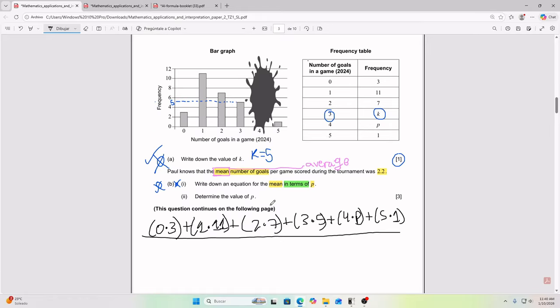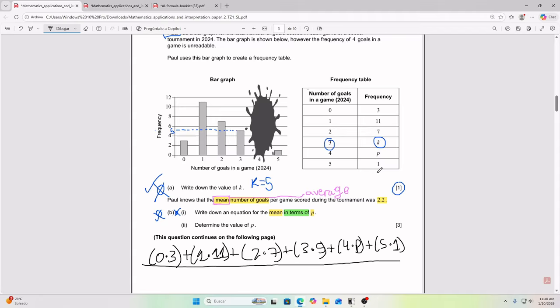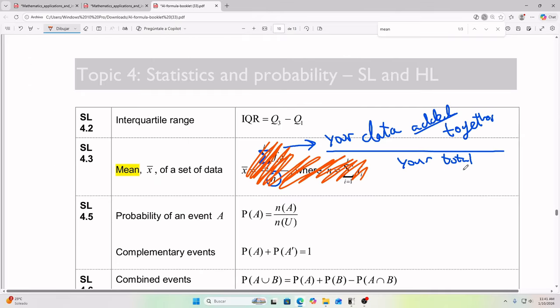have to be the amount of frequency that we have. All right, so the amount of frequency that we have would have to be our total. And when I say total here, I guess I should specify it's your total amount of data